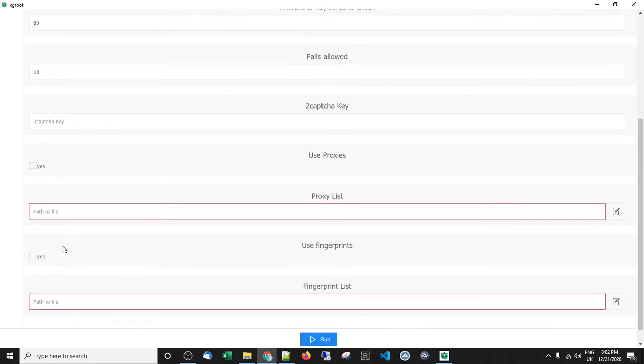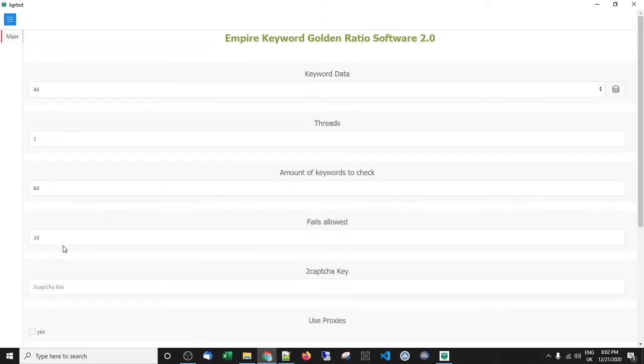Again, this is only needed if you are planning to check thousands, 10, 20, 30,000 keywords and multiple projects. But in the simplest form, you can just put in your keyword list and it will give you the keyword score right there and then. It will check them one by one. It doesn't take long at all. And then you'll have a nice list where you can go and write content and be sure to rank really quickly.